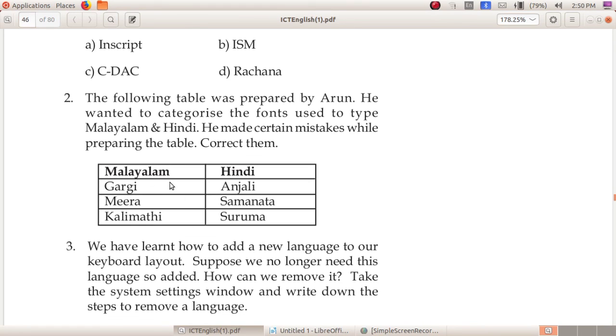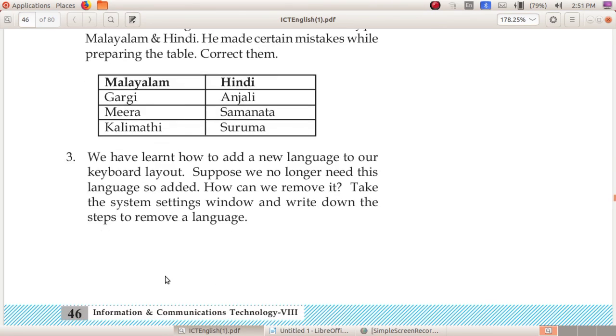Under Malayalam, which fonts will come? Anjali, Suruma and Meera. And Gargi, Kalimadi and Samanada come under Hindi. So rewrite that.